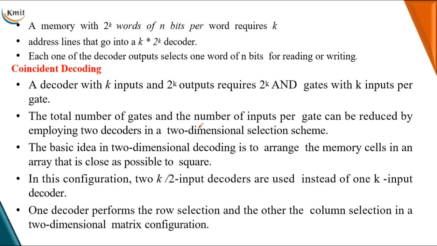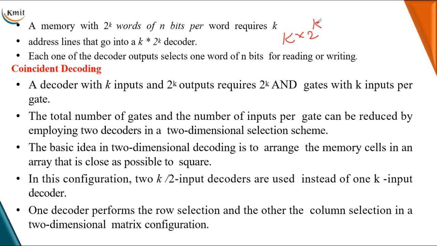But for large memories, if there are k address lines, you have 2 power k words available with n bits per word. The order of the decoder required must be equal to k into 2 power k. To obtain a decoder of such high order,